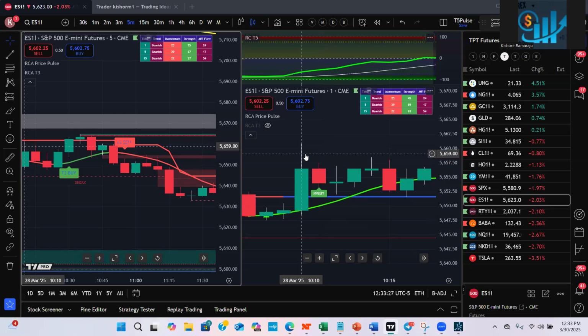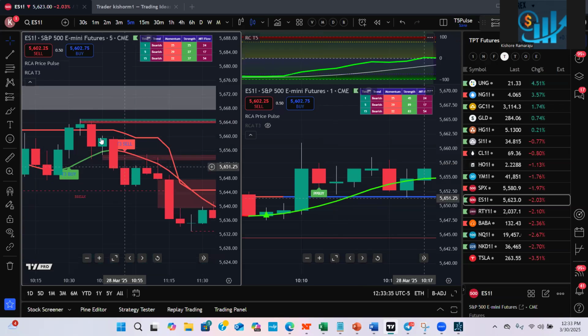If you use only one side, sometimes you might be taking a trade completely in the wrong direction. If the trend is completely bearish, you might be taking a buy signal. Maybe in 1 minute it is bullish, but 5, 15, 1 hour, everything is bearish. If you only watch 1 minute and take a trade, suddenly it goes up 1, 2 candles, and then there will be a big drop. That's why always use a higher time frame to analyze the trend, and then use the lower time frame for